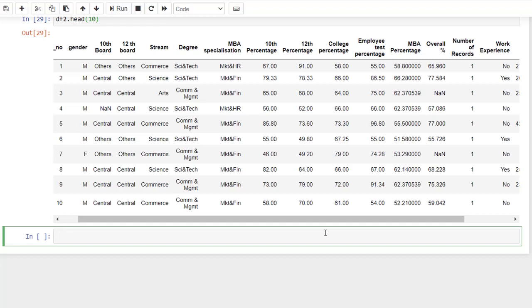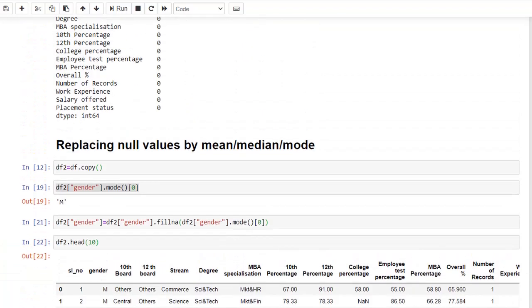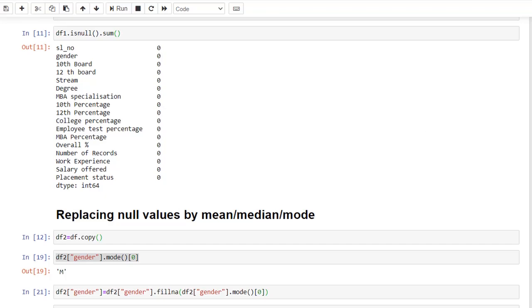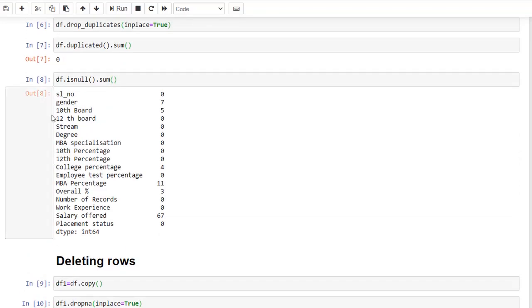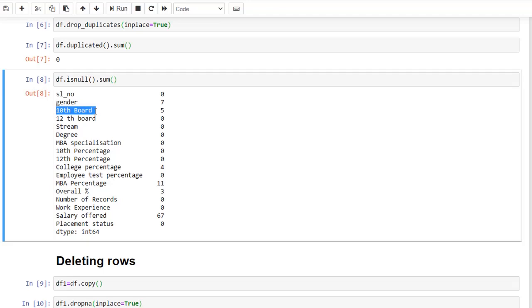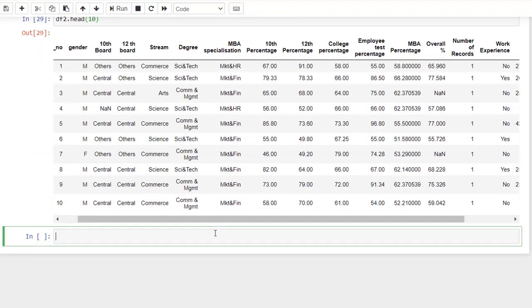Now let's see how to assign a new category to the categorical features. In our data set, 10th board is a categorical feature. The categorical feature has 5 missing values, right? Let me assign a new category.